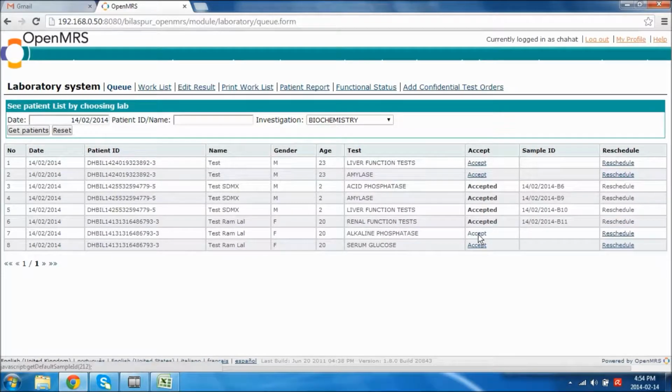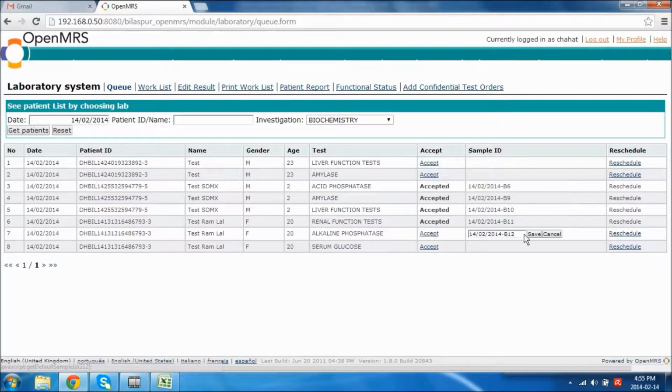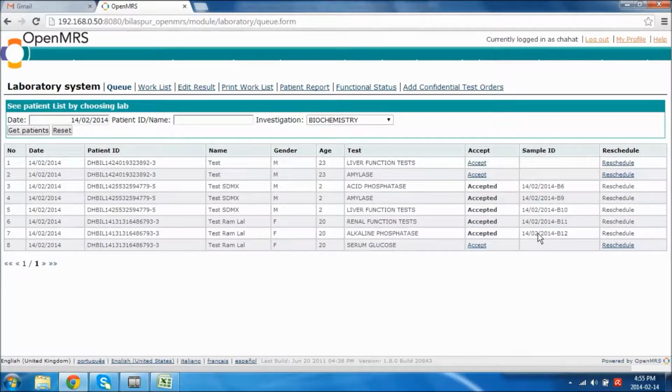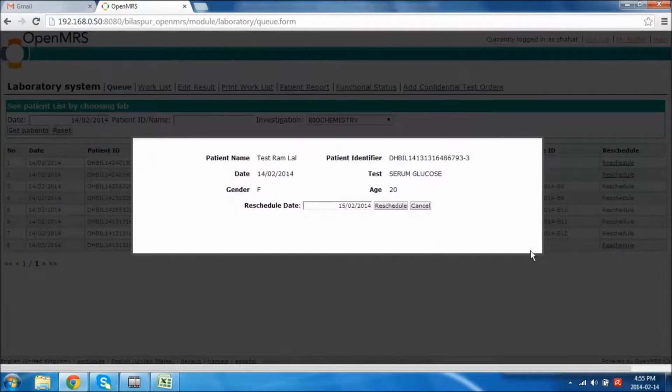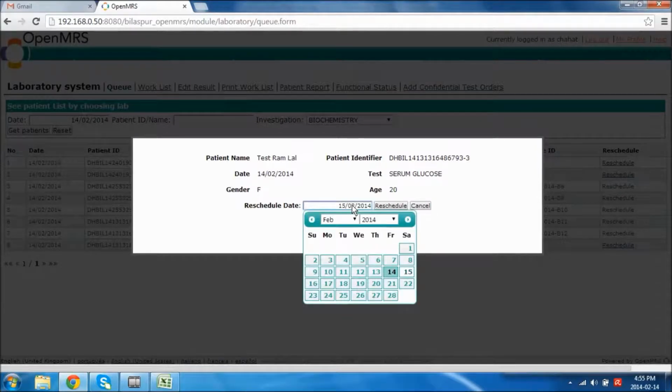For all those tests that could be performed in the lab, click on accept and then click on the save button once the sample ID is generated. Now there is an option to reschedule a particular test. If for any reason the test cannot be performed in the lab, the lab technician can reschedule the test for another date